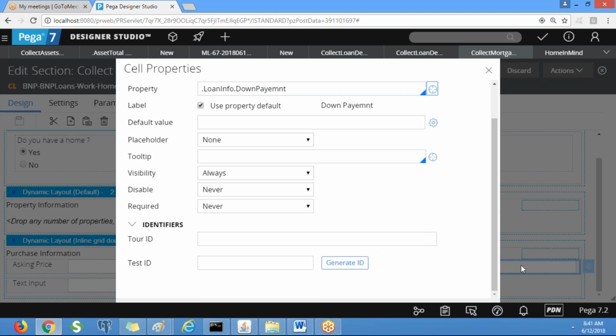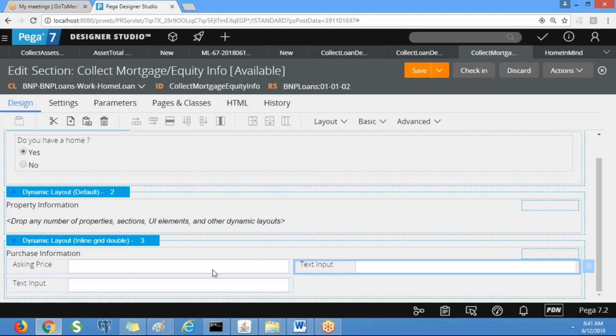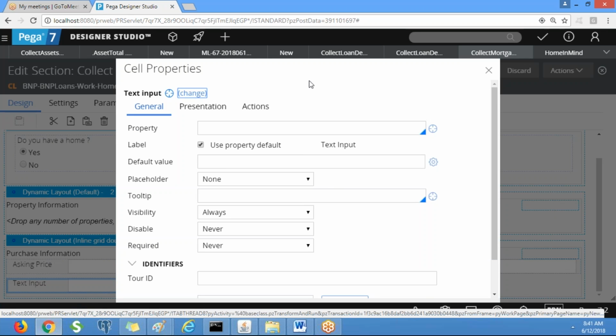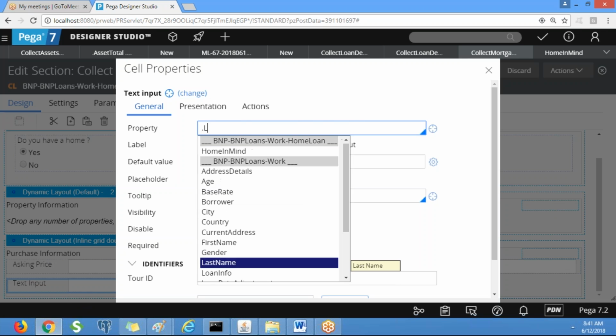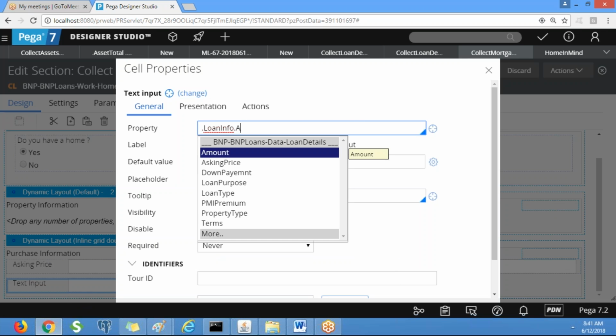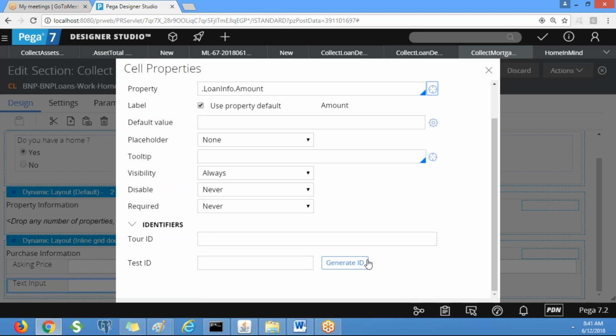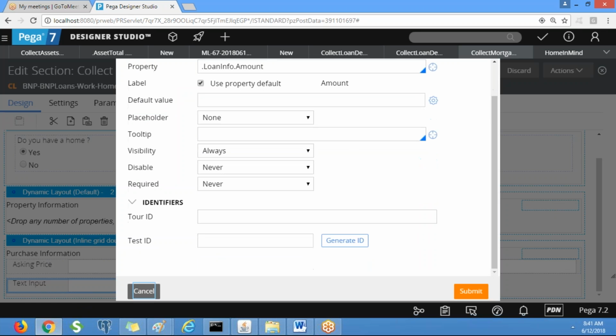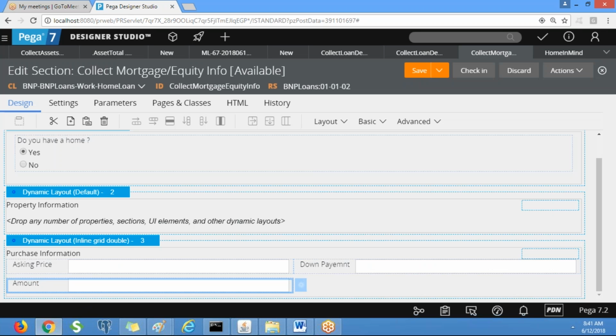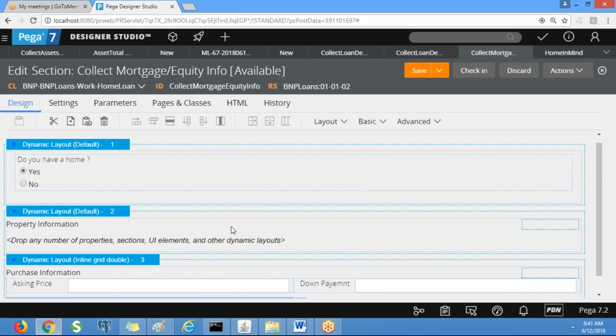Next, loan amount, how much loan amount the borrower is taking, right? Clear? So now here we need to display property information, right?